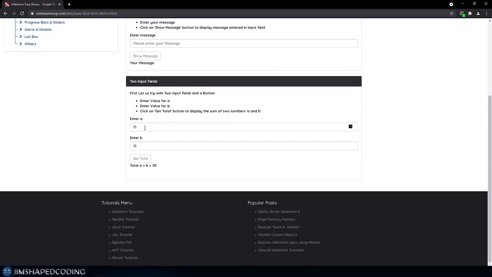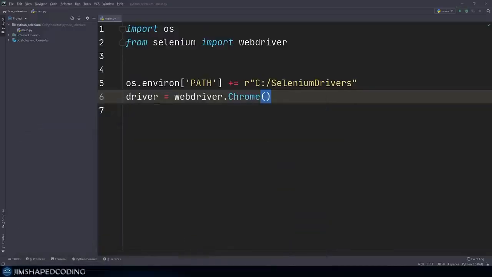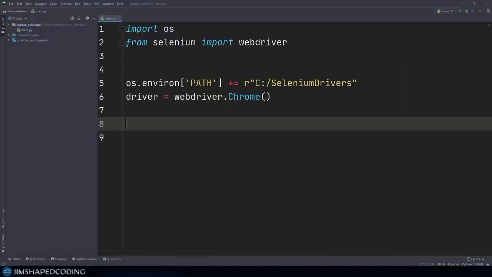As you can see here, we have a form which asks for two values, and if we were to click on get total, then you can see that it shows us 30. And if I change this to some other number, then you can see that it is being updated. So that is what we are going to try to automate now with Selenium. So first, let me grab the website of this section and go back to PyCharm and say